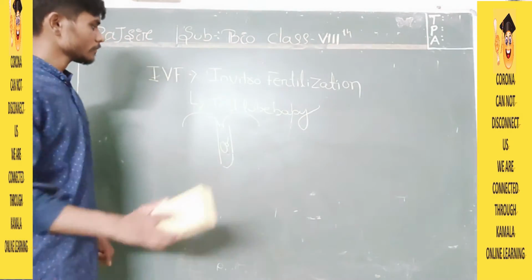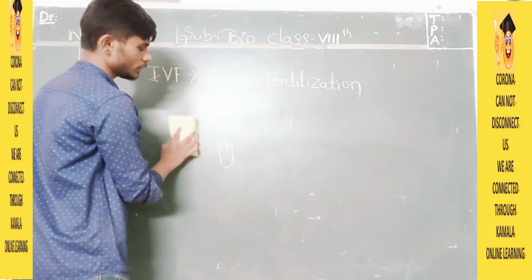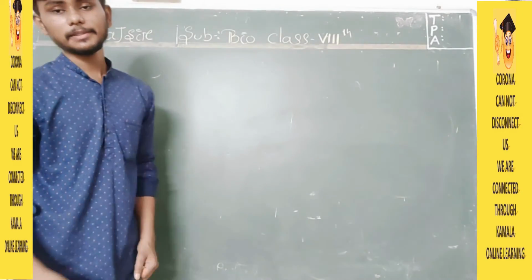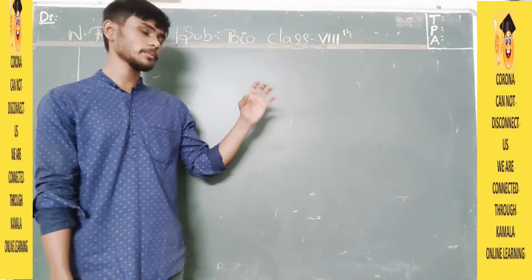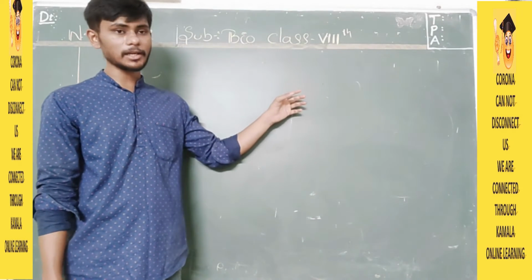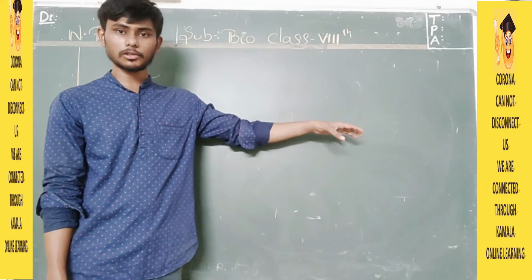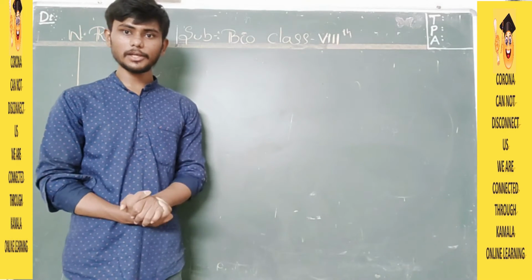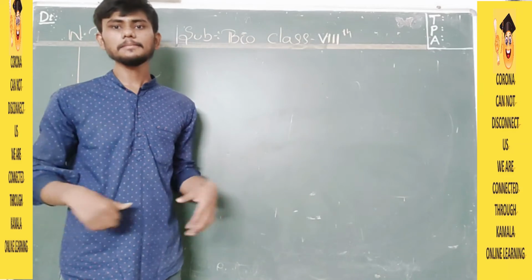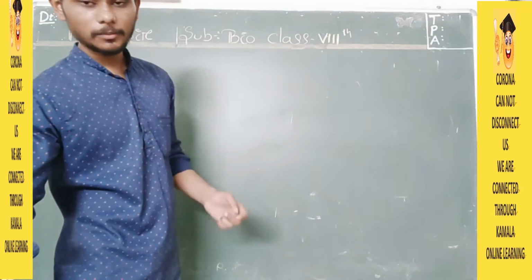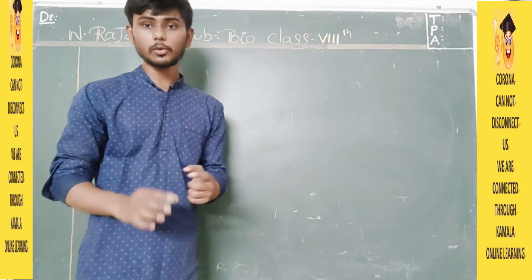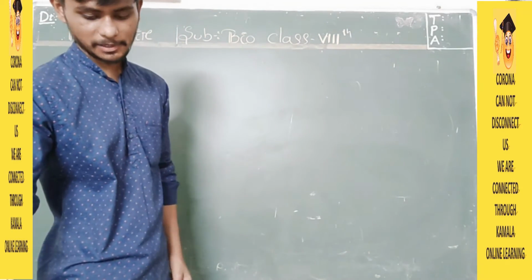As you all know, what is external fertilization, students? External fertilization means where the fertilization takes place outside. Suppose there is a fish, it will lay eggs beside the rock. Now the male fish will come and discharge all its sperm upon the eggs, and they both will form a zygote, and small fishes will float all over the pond. That's it. And the experiment is given in your online class earlier, the digital class. So please look at the experiment, how to conduct this particular experiment.